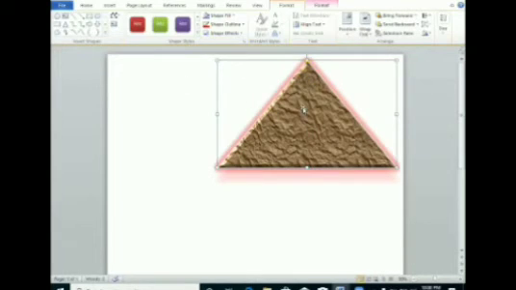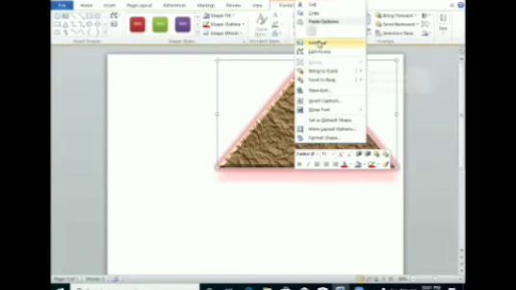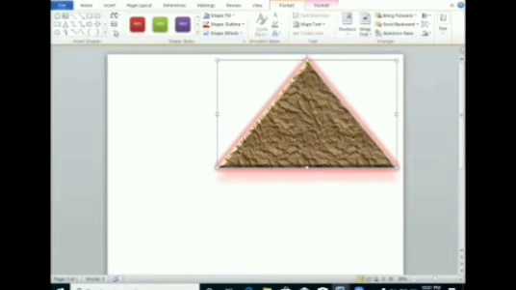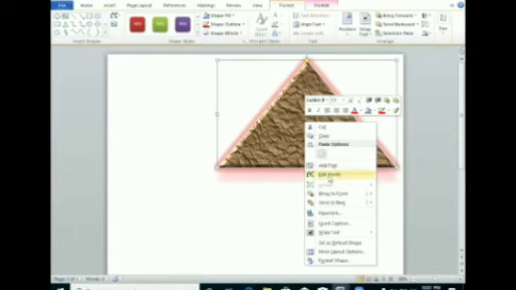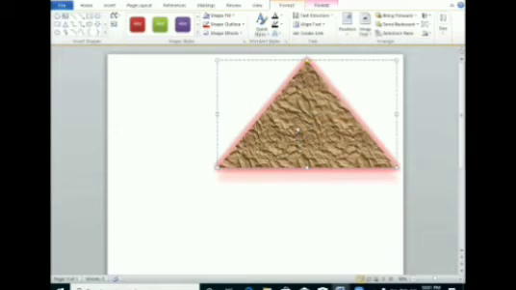Here, if I want to write something inside the shape, then what will I do? There are two options. Just right click on the shape and there will be an add text option. From here we can do it, or you can see here also with the insert shape one option is here, add text, draw text box. Clear? So just right click on it. If I want to write it, add text. So in this you can add any text.